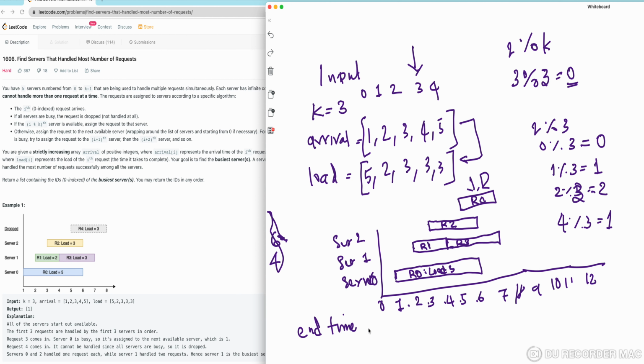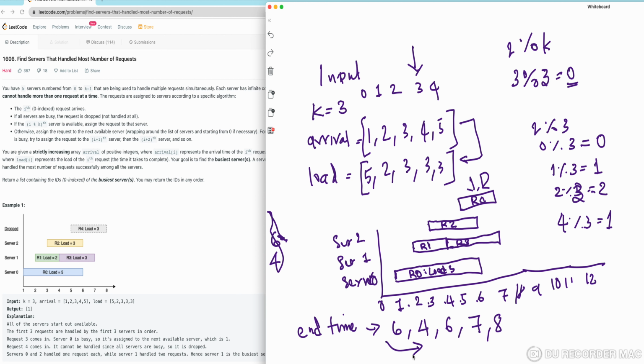When you look at this one, the first load end time is 6, the second load end time is 4, the third load end time is 6, and the fourth load is 8. So if you look at it, which load will be available first, which will be ready to take it? 4. So when you take out 4, then 6. Okay, so like that, if you look at it, we need something to know